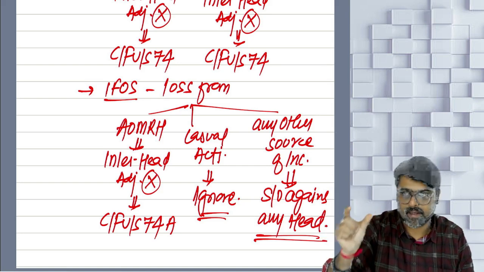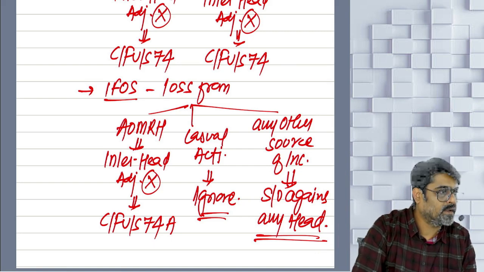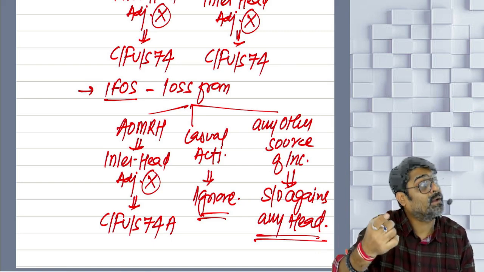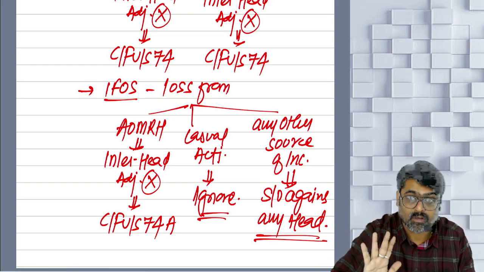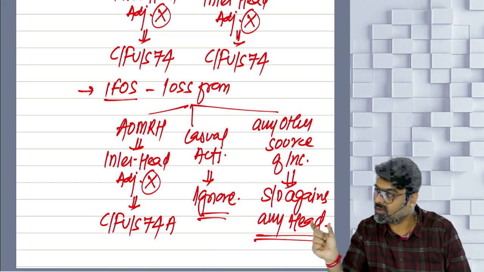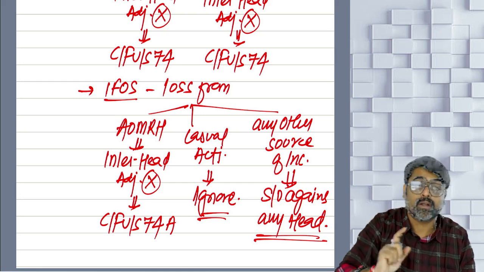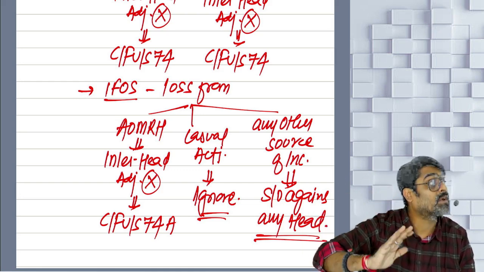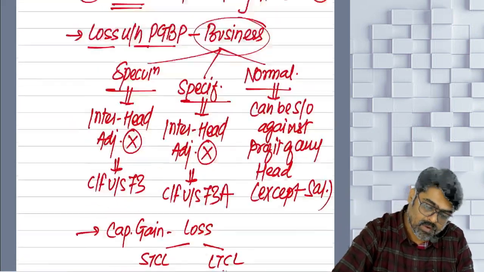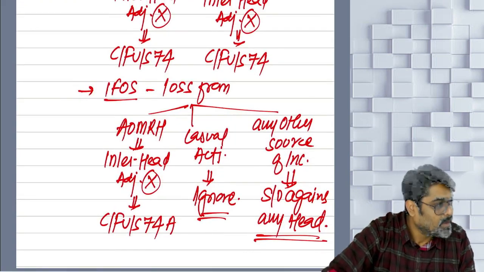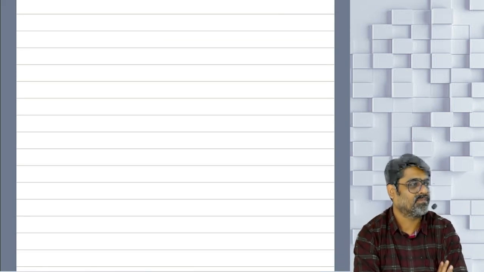So for loss under the head IFOS from any source of income, first set off within the head against any source of income except winnings, but including income of the activity of owning and maintaining racehorse. But still it cannot be adjusted. Then this loss becomes the loss of IFOS head, which will be set off against any head of income. There is no restriction. Will you remember all these restrictions? But even after doing all these things, if the loss cannot be adjusted in this year,